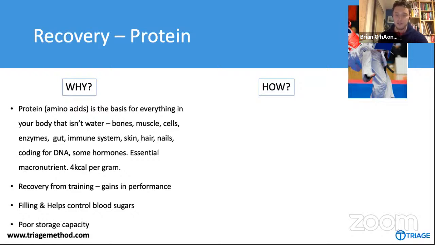And it's important to consume protein on a daily basis because there's no such thing as a protein tank in the body like there is for carbohydrates and glycogen. We can store an almost endless supply of fat in the body to access if we ever need it. But there's very, very little storage capacity for protein. Therefore, it's important that we eat it every day. Okay.